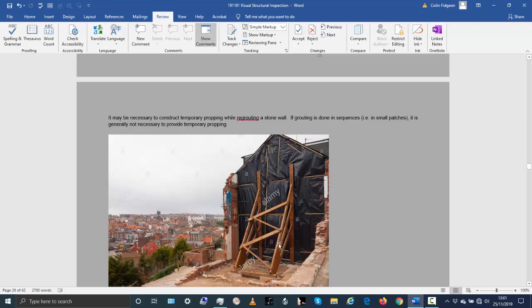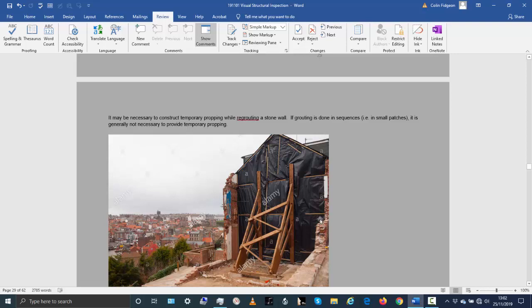Particularly if you do large sections of regrouting at the one time, you might need to prop the wall. But propping like this is not necessary if you do small patches at a time. Just do a small patch, rake out the loose mortar back to about 30 to 50 mil, 50 mil we'd say, and then repoint it.